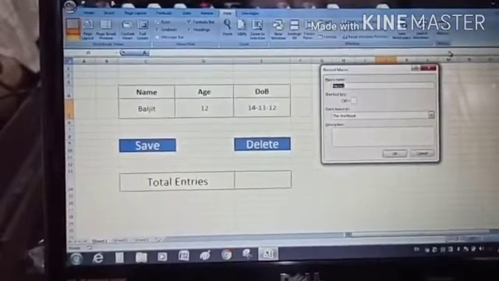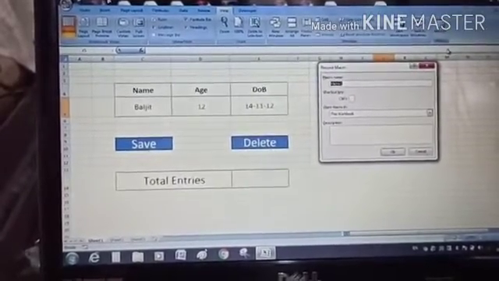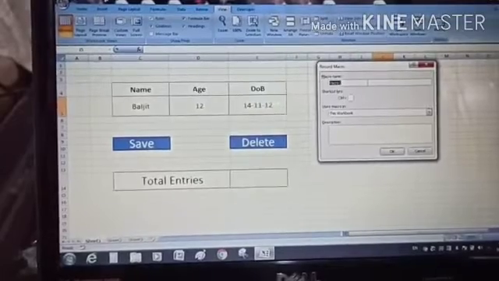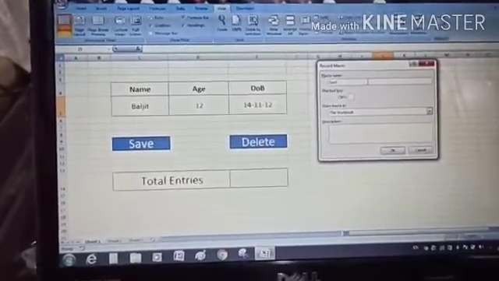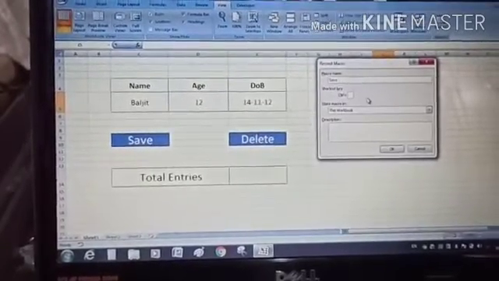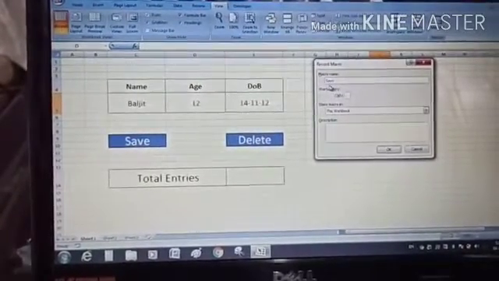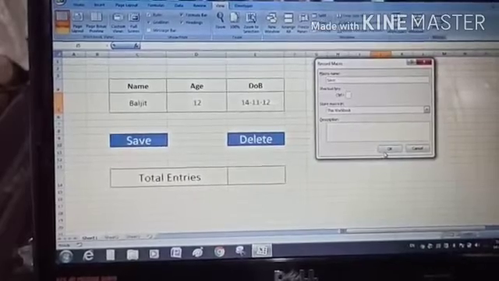When you click here, a menu will open. Here give the name of the macro. The name of the macro I am going to enter is save, and click on the OK button.